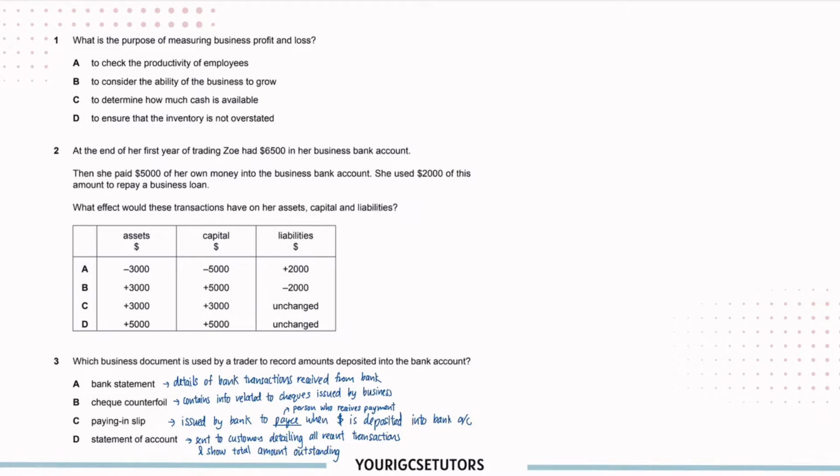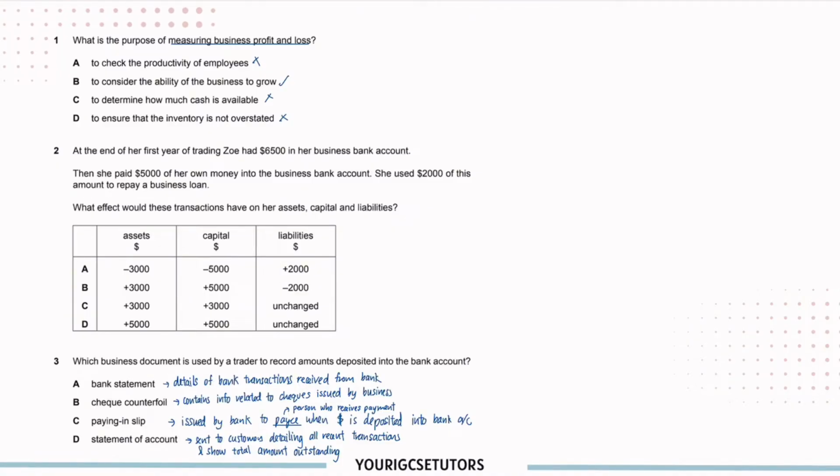Question 1. What is the purpose of measuring business profit and loss? First one, to check the productivity of employees? No. Second, to consider the ability of the business to grow? Okay, maybe. To determine how much cash is available? No. To ensure that inventory is not overstated? No. So because they're asking the purpose, we say B is correct because